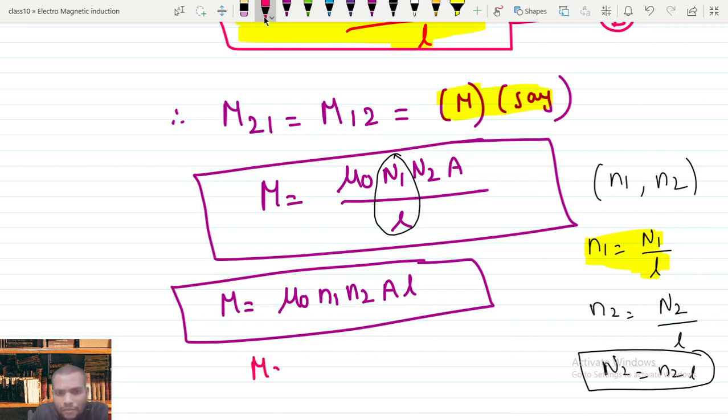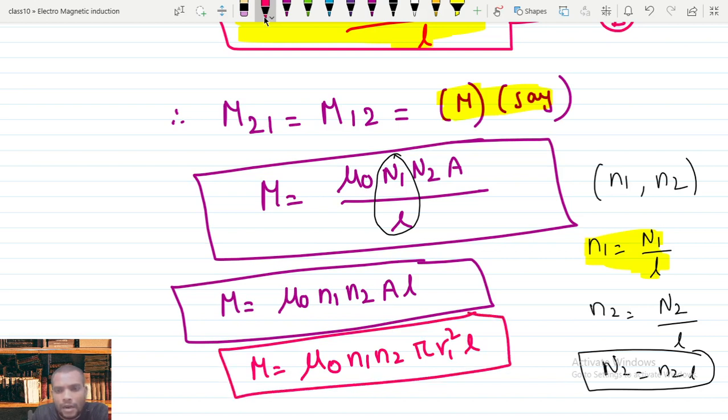I would like to write this more clearly. So M equals mu naught times N1 and N2 times A, where A is equal to pi r square, times L. Here R1 means the radius, or area of cross section, of the inner solenoid. So this expression gives a very important conclusion: the mutual inductance of a solenoid depends purely upon the geometrical